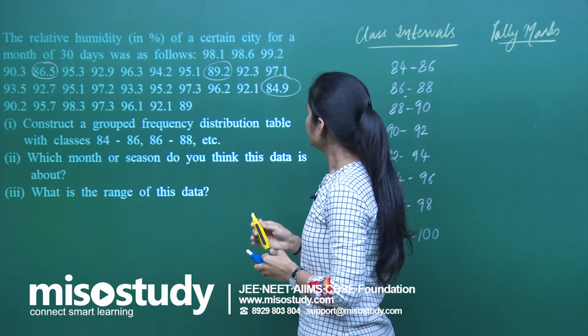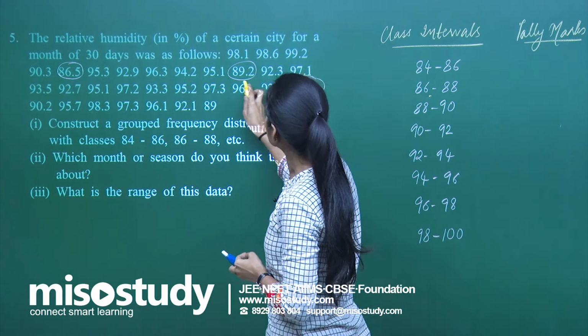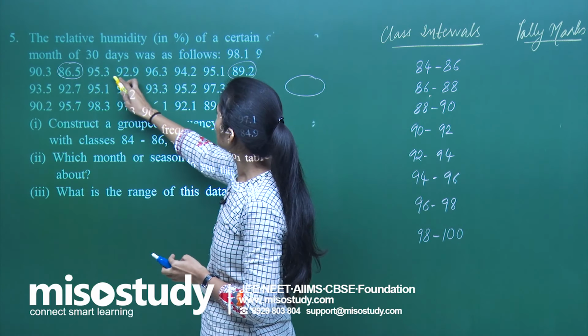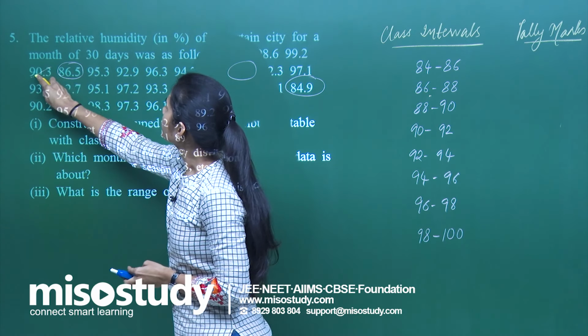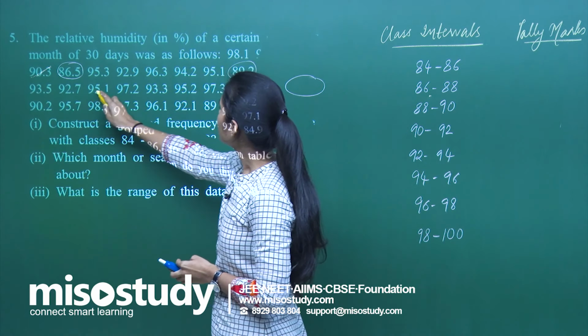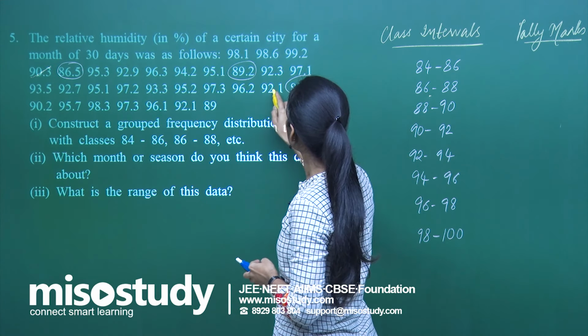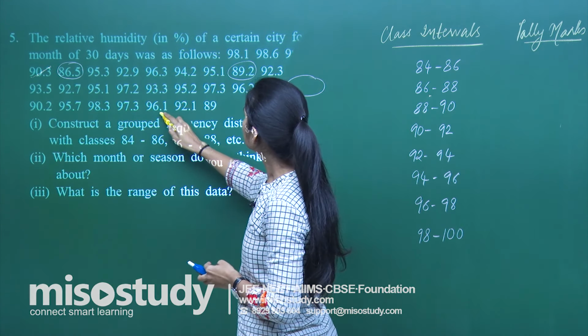90 to 92. Okay, let's see. 90 to 92, this I will be including. 90 to 92. No, no. Yes, this is also